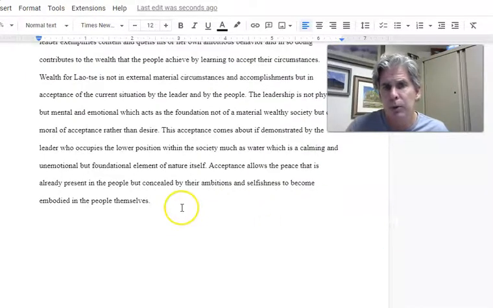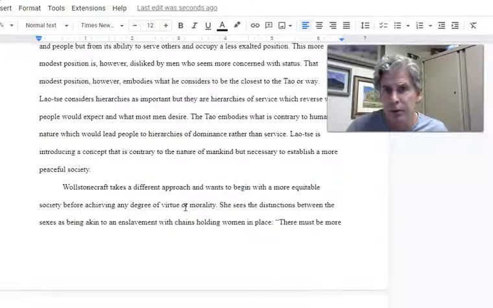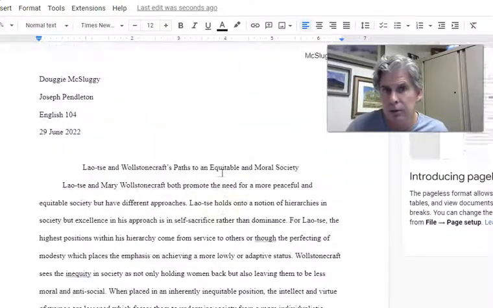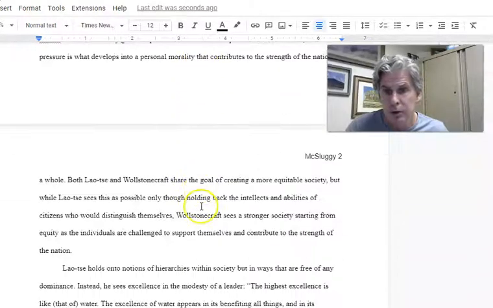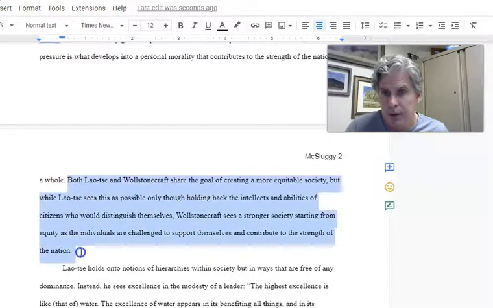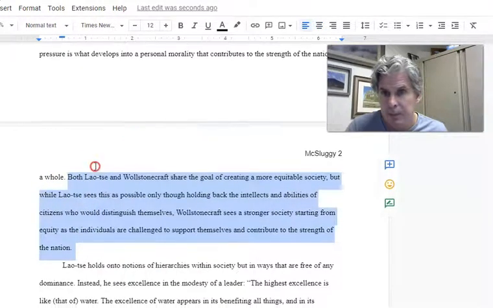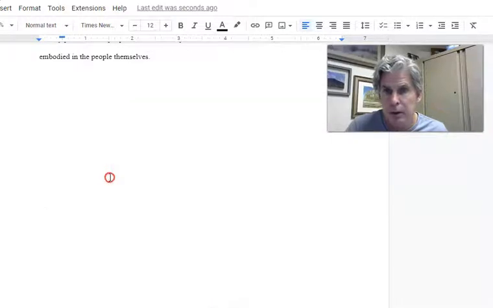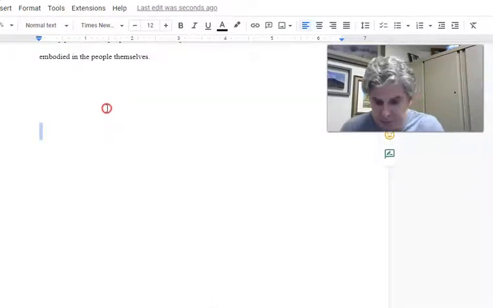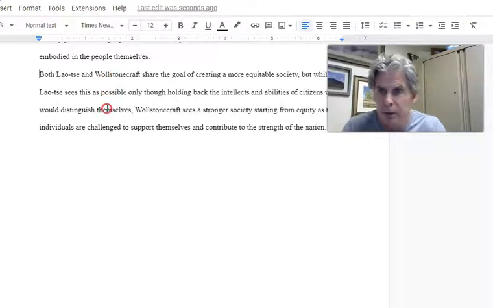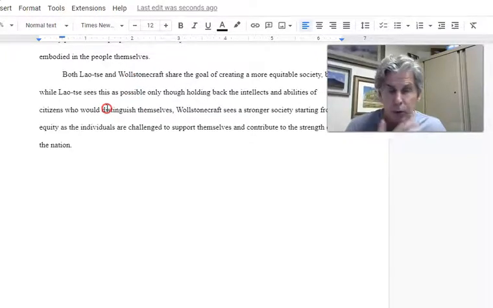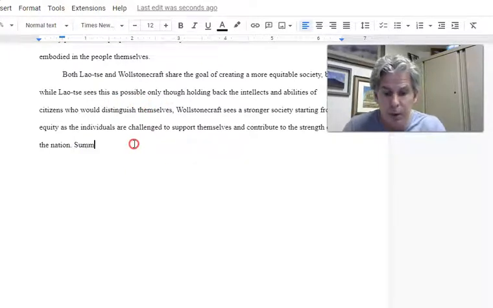And then what you would do, so I have all my body paragraphs, and this is what it looks like. This just took a few minutes. There's the title and everything else. The conclusion starts with the thesis. So let's copy the thesis right here, and the conclusion. There it is. And what I would advise, rewrite it a little bit, just so it's a little bit better, because this is at the end, and then summarize your main points.